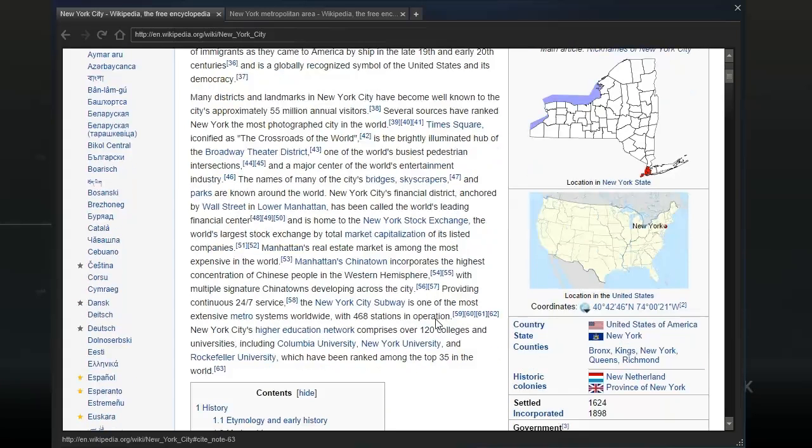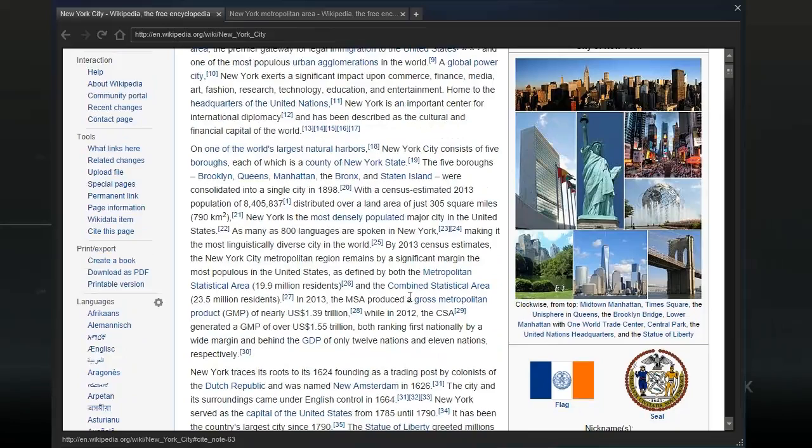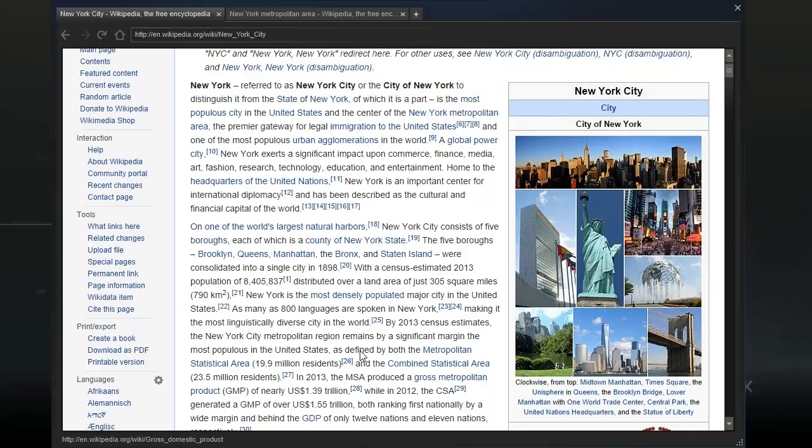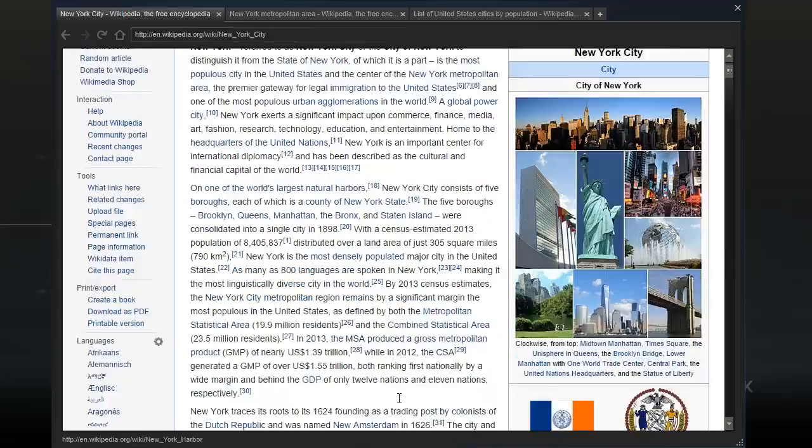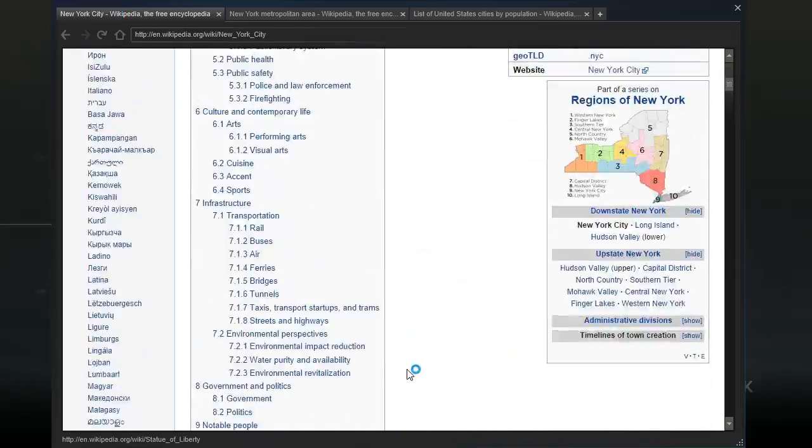So, it's one of the most important cities in the world. That pretty much sums it up, doesn't it? Actually, I'm kind of interested in metropolitan areas around the world by GDP ranking. It doesn't really give us a link to it, although it does say global power city. That might actually give us a bit more detail.